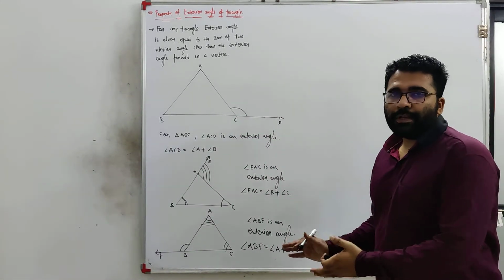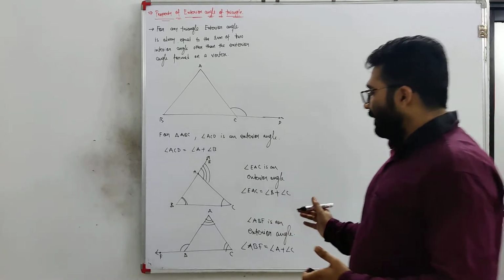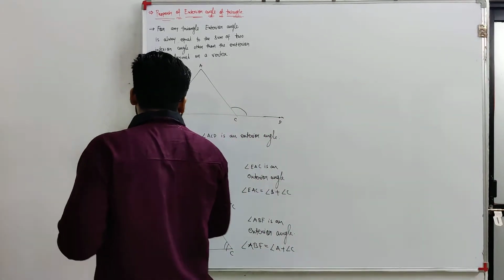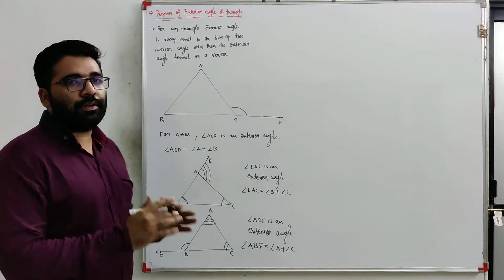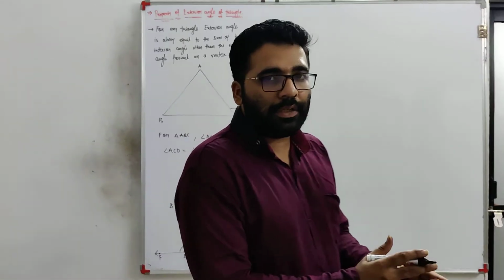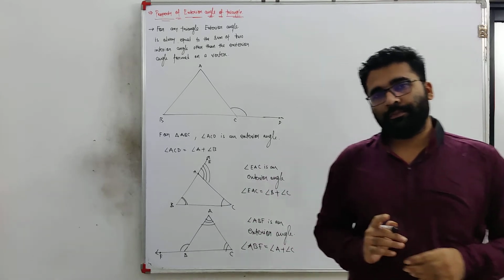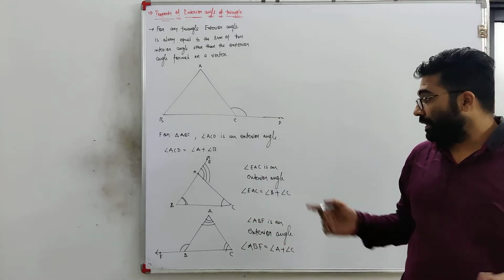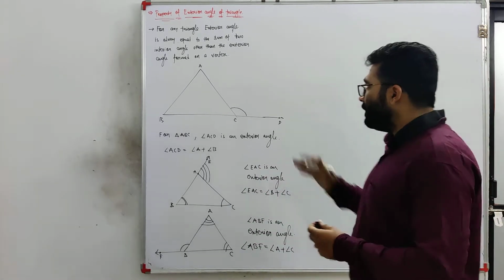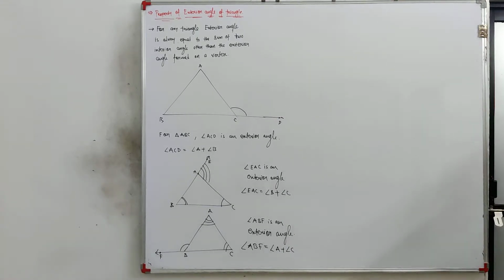So this is the new property of the triangle, which says that the exterior angle is always equal to the sum of the two interior angles other than the vertex on which it forms. Is that clear? So now on the basis of this property we are solving the questions. The questions are